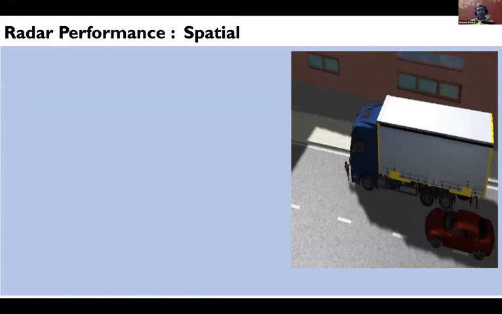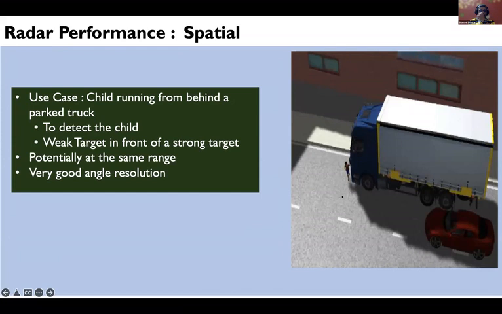And this is a very classical use case. We would have a truck and then a kid that is cutting across the street in front of the truck. The problem here is that the truck reflects largely because there's a very strong reflection. It's a metallic surface, and the kid has a very low reflecting surface. So you have a very weak target in the presence of a very strong target, and then you have to